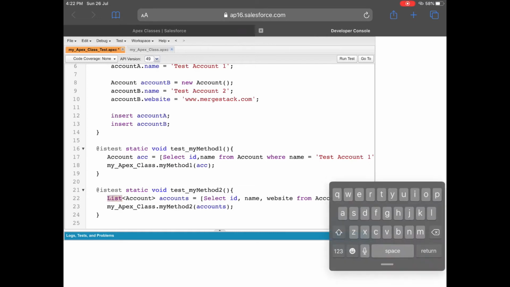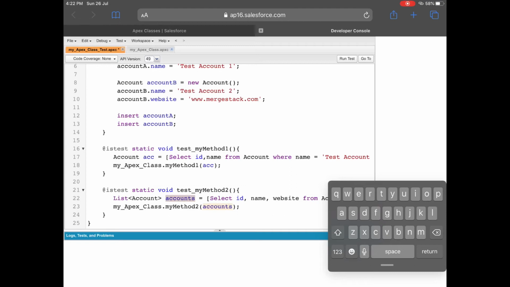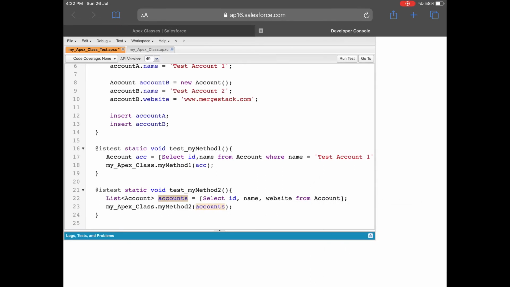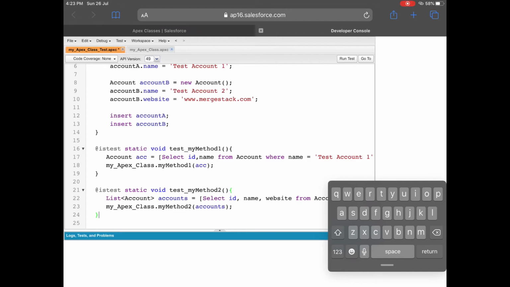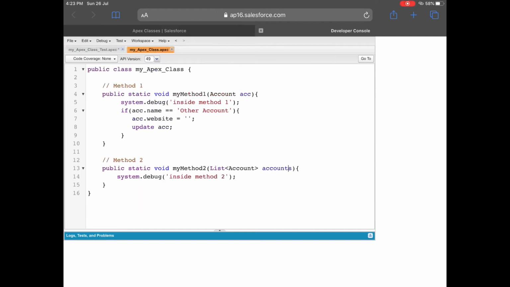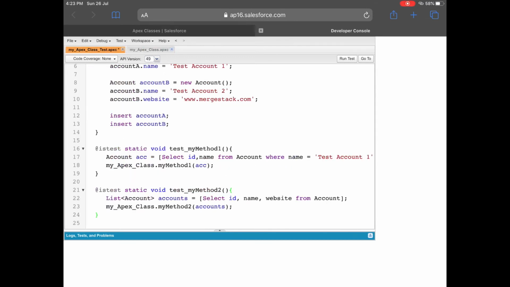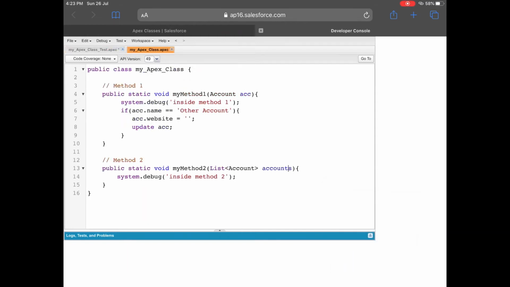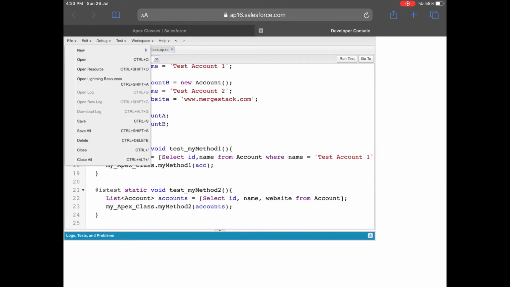In line number 21 you can see the second method to cover the main method. I took a variable of list of account and queried the account ID, name and website from Account. In this query I haven't put any limit or where condition, so it will directly take account A and account B that I have inserted. So the list of accounts will contain both accounts, and in the same way I called the second method in my second test method: my_apex_class.my_method_2, and I passed the list of accounts, as the main class accepts a list of accounts. Then I'll save this